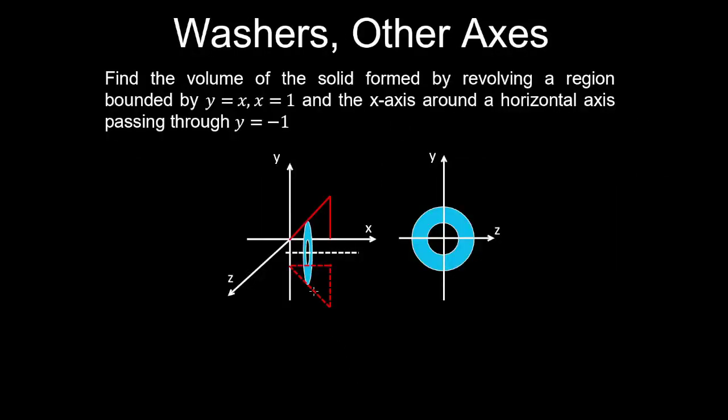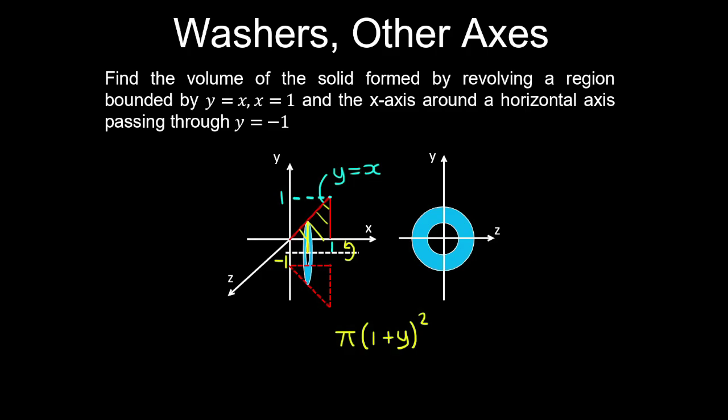Let's find the volume of the solid formed by revolving this region around a horizontal axis passing through y equals -1. So because the region is not touching that axis, we can use washers, and the area of the outer washer is pi by the radius squared, which is 1 plus y